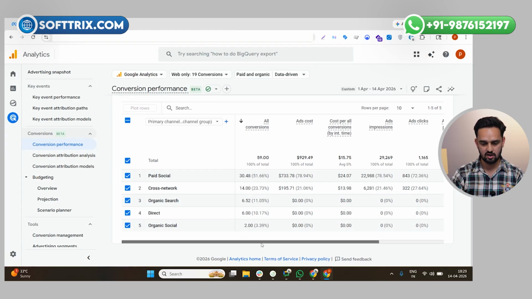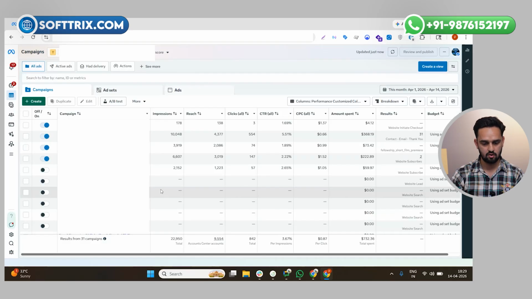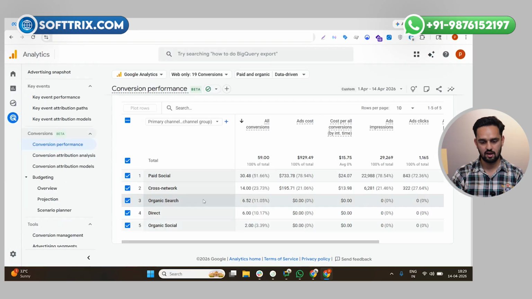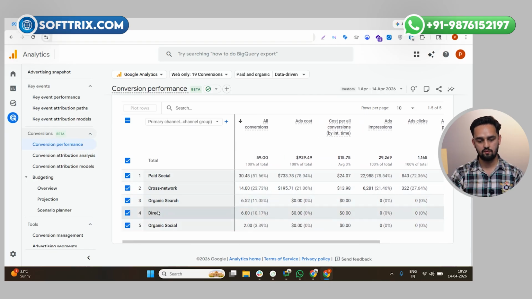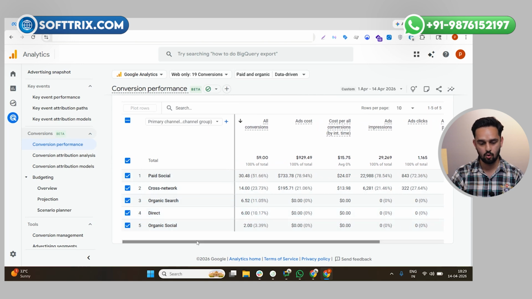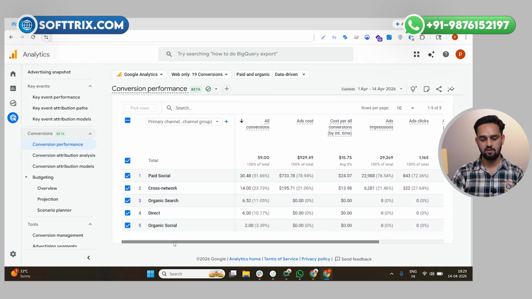And you can also match the data as well. As you can see, it is the same amount which we have spent on Meta, and here we can get all the data. And now you can easily differentiate, like cross network is working good, organic is working good, and if you are running some paid Google ad campaign, that is working. So all the data will be measured here, and with the help of that you can easily see which thing needs to be focused on, whether it's Meta or Google, which is performing good, which is not, and you can get all the data in a single space and easily optimize your campaigns and create a new strategy for your